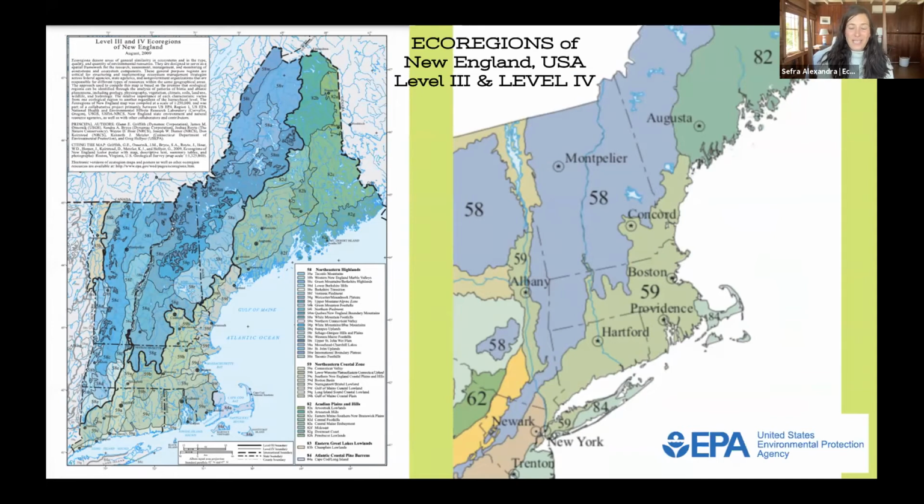What we're using as our framework for this project are the eco-regional level 3 and level 4 maps from the EPA. And we're working with Ecoregion 59 here in the US. This is just an artistic, broad stroke habitat mosaic saying that, again, with our bug eyes on, they don't see where Connecticut, one state, ends and another state begins. They see where the riparian corridors are, the broadleaf forests, and so forth. And so what we want to do is, if we collect ecotypic seed from Ecoregion 59, we can be pretty sure that we can proliferate it anywhere throughout that ecoregion and know we're putting the right plants in the right place.